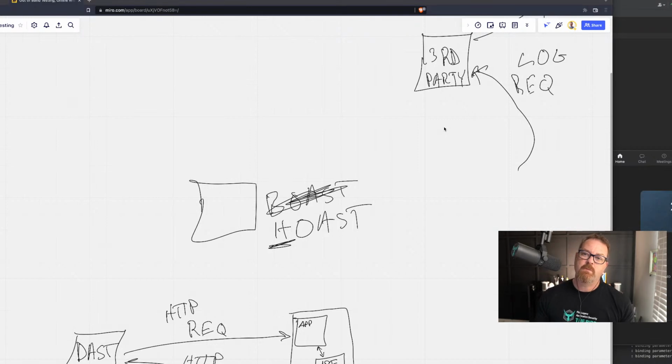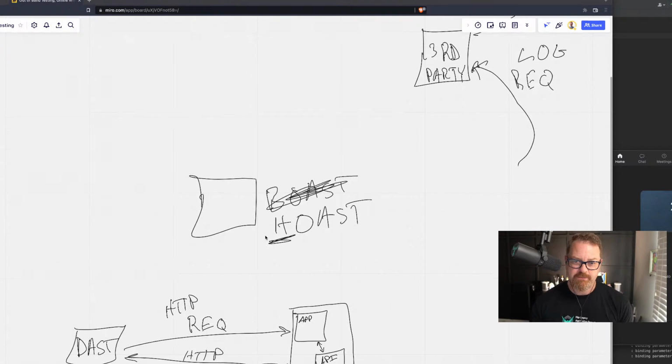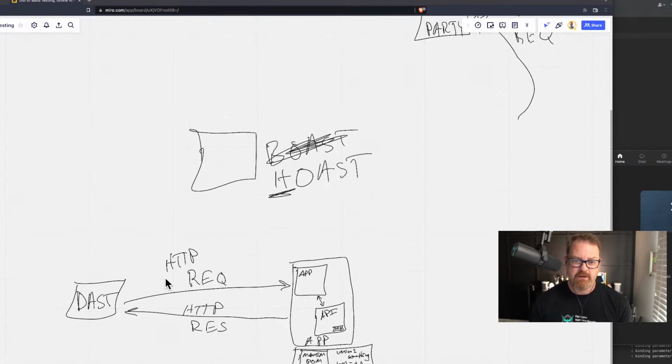Now, when we do DAST scanning, and we're looking for out-of-band security problems, the client sends an HTTP request down here. If the service is vulnerable, and especially in the Log4j instance, what's going to happen is the application is now going to make a DNS lookup to